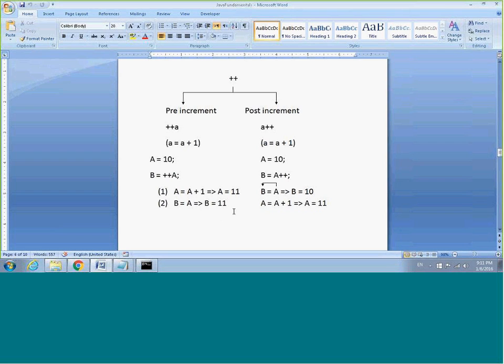Similarly, pre-post decrement. This is first. Then perform, then